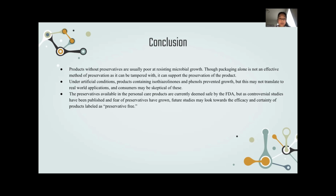And in regards to the 5 products that did exhibit growth and the 5 products that did not exhibit any kind of growth, the products that did not exhibit any kind of growth contained isothiazolinones and phenols, which the products that did exhibit growth did not include. So it may imply that these chemicals prevented growth more effectively than the preservative chemicals found in the products that did exhibit growth, but this might not translate to real-world applications, and consumers may be skeptical of this because again,